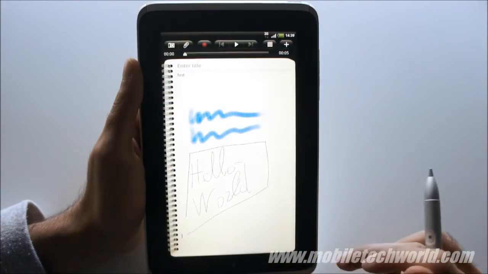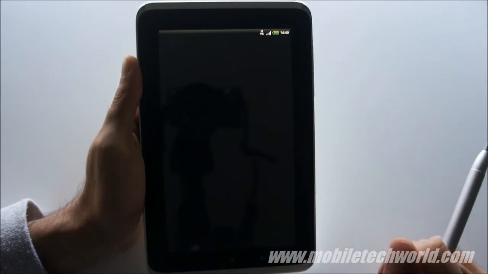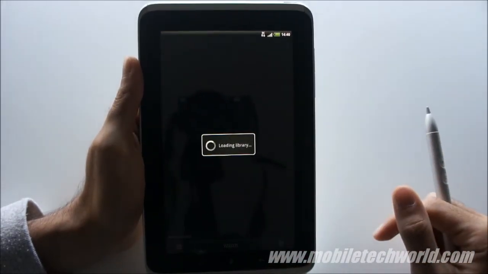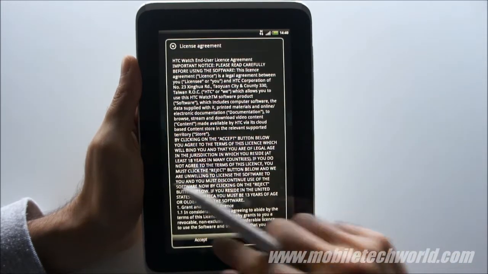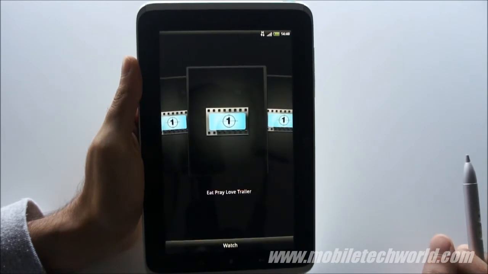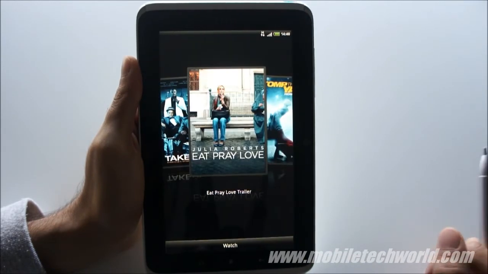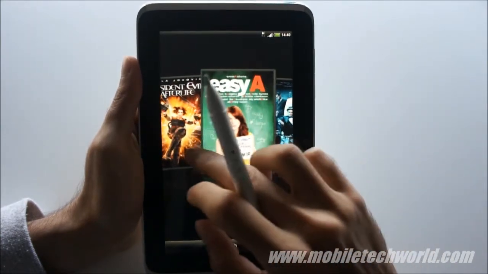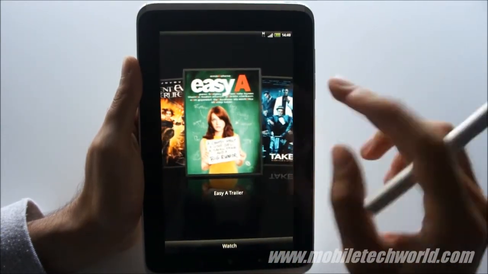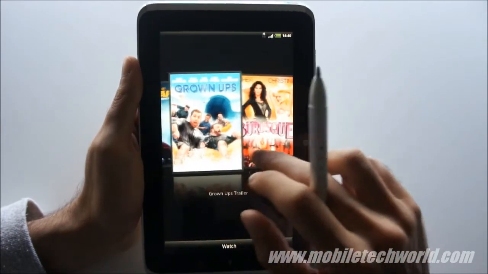Last but not least, HTC has also introduced a new video on demand service. So you can actually rent or buy whatever videos